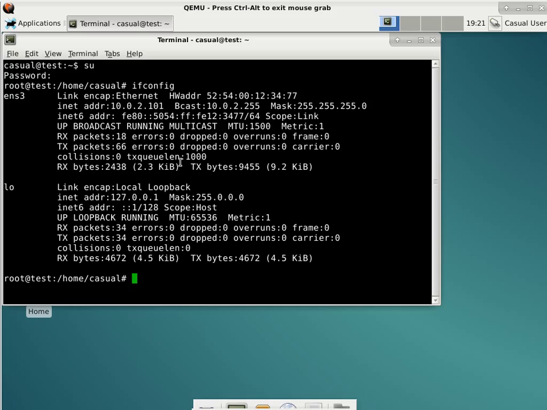10.0.2.101, okay? Now, when you run this, you might get these two numbers reversed. The reason is the DHCP server actually keeps track of MAC addresses and IP addresses that it has assigned previously. And because I have run this already and in a particular order, that's why I got these numbers. When you run it in a different order, you might get the live environment to get 101, and then the test machine to get 102. Okay, so use ifconfig to figure out the IP address of a platform.